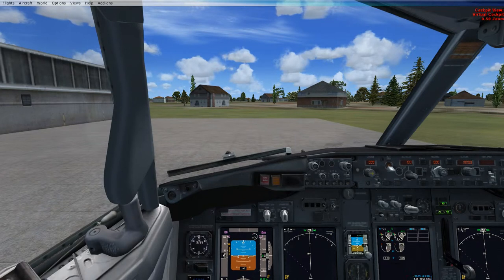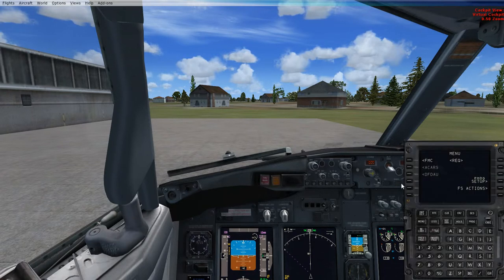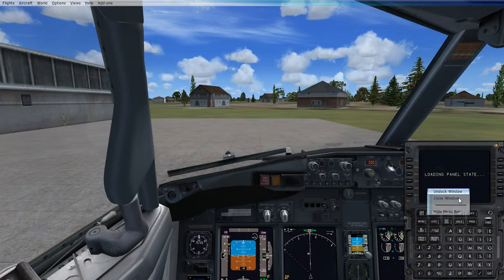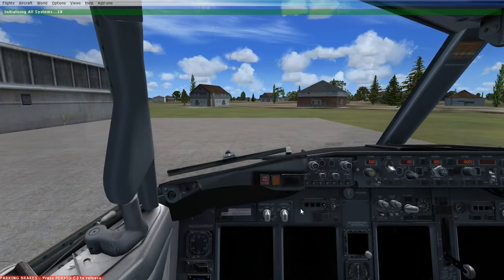This is how you do the PMDG 737-800 setup correctly. First thing you want to do, Shift 3, bring up this PMDG setup, panel state load, cold and dark. This is so we can put this thing in cold and dark, so it'll be all realistic. And while we're waiting for that to analyze,